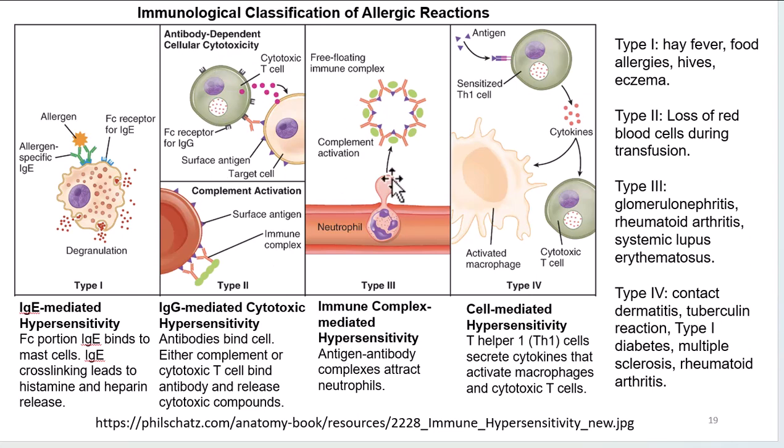Then we have type 3, in which antibodies link together and recognize antigen. And then the neutrophils, remember the neutrophils are the most common white blood cell type, will actually leave the blood vessels and go and engulf these. And basically they'll eat them up. Okay, and they will activate complement. Remember, say you have an antibody attached to a bacteria, and then the complement comes, and by using C5b it can recruit other complement elements, make pores in these bacteria, cause them to leak, lose their contents, and